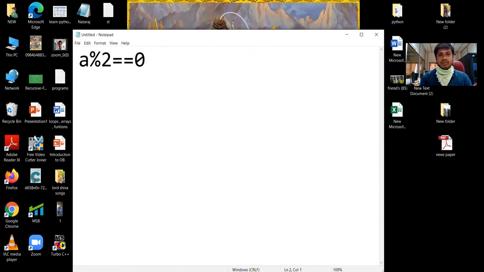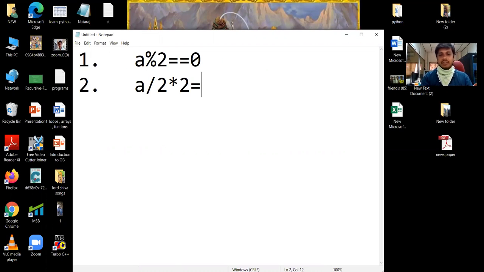This is case 1 we have seen. And second case, a by 2 into 2 double equal to a. And next case, a and 1 is 0. All these are for even cases.